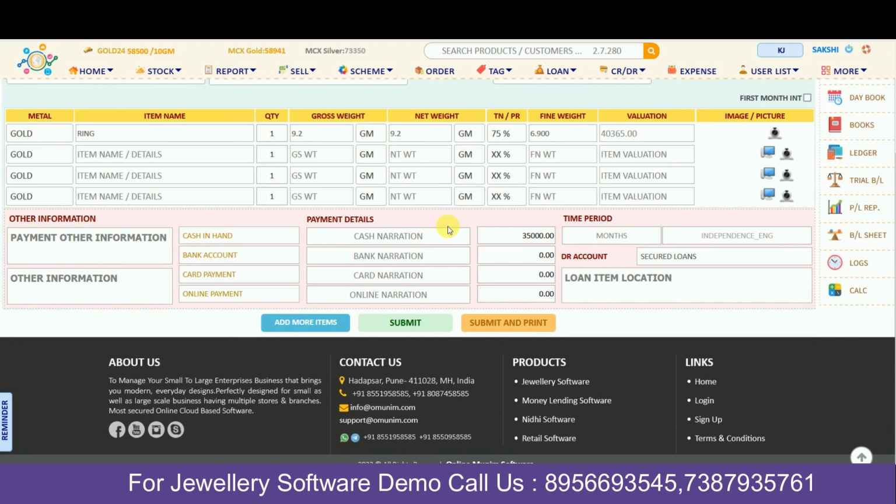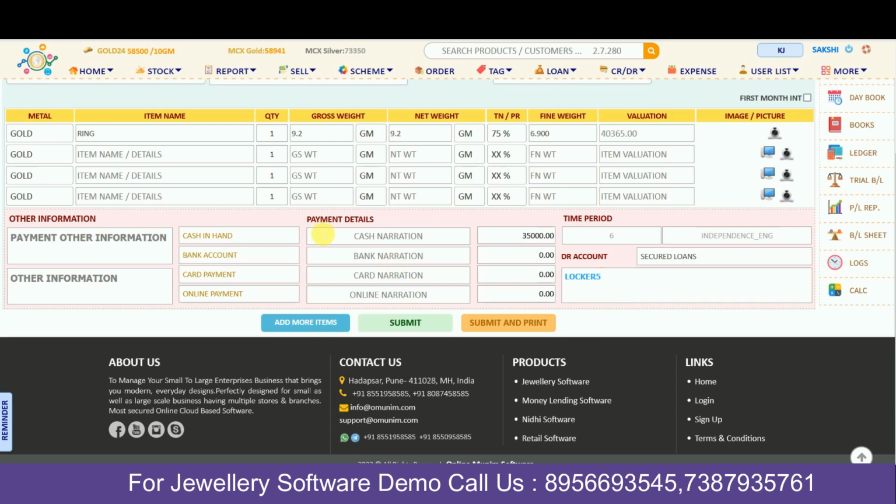After that, now we have done with all those settings. If you want to maintain your time period, you can maintain this time period also. Now you want to continue this loan for 6 months or for a maximum of 12 months only. So you can give the time period also. According to that time period, you will be getting different types of reports in your loan panel. After that, there is an option for the loan item location. If you have kept that jewelry in a locker, you can set your locker number as well at this place.